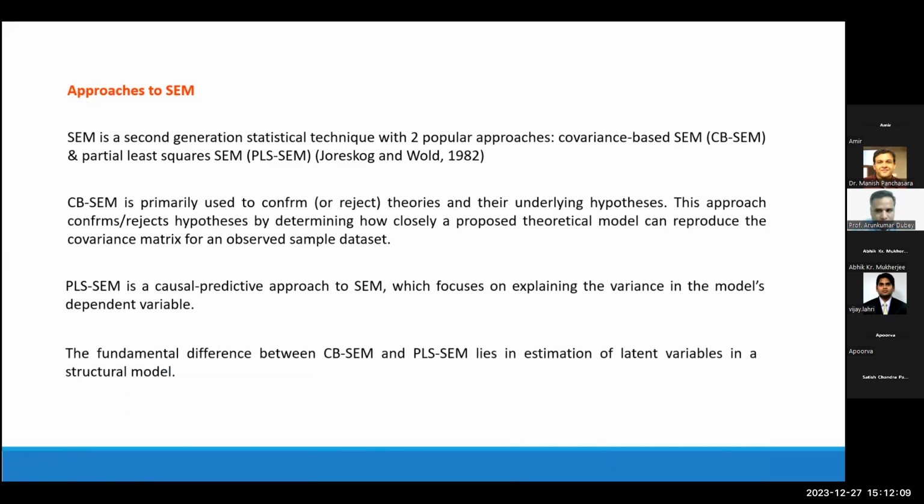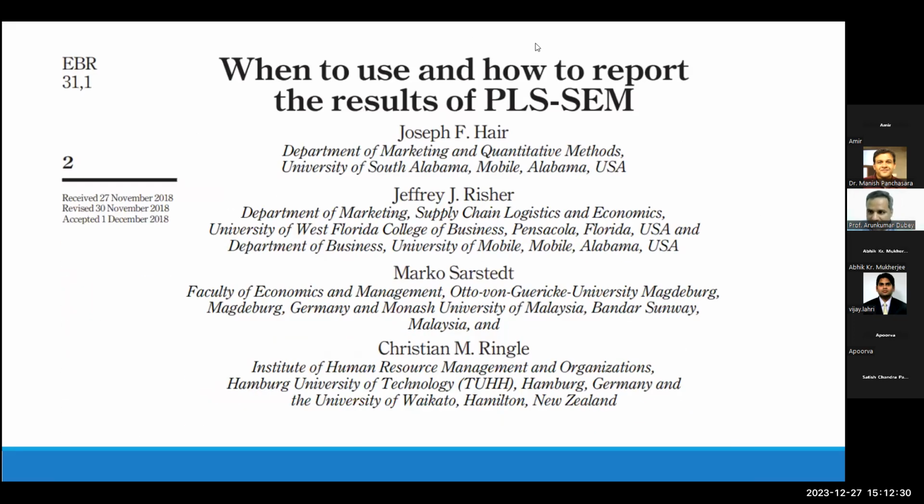Okay, so again, the fundamental differences with regards to the estimation of the latent variables, how you estimate latent variables. So in PLS-SEM, you use composite method. That's why it is known as composite based SEM. When I say composite, it means you generate proxies of the latent construct, which is considered to be a true score. Okay. So now again,